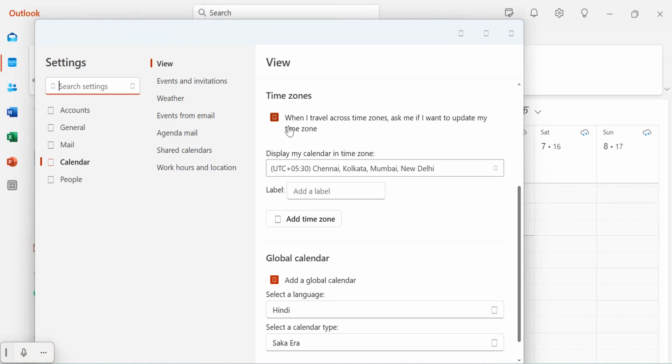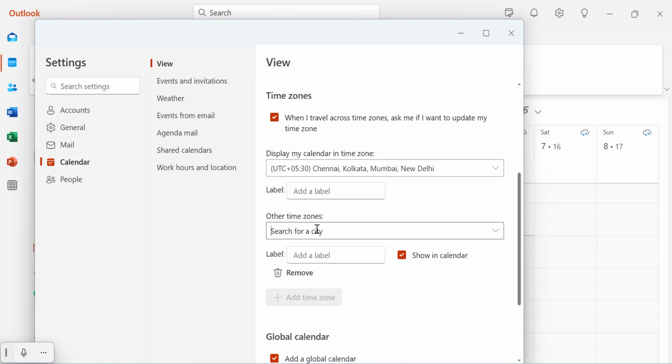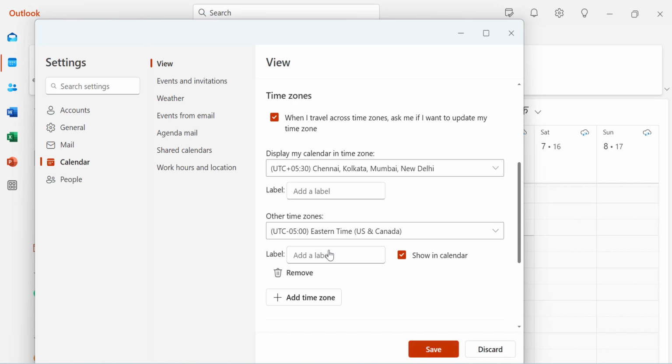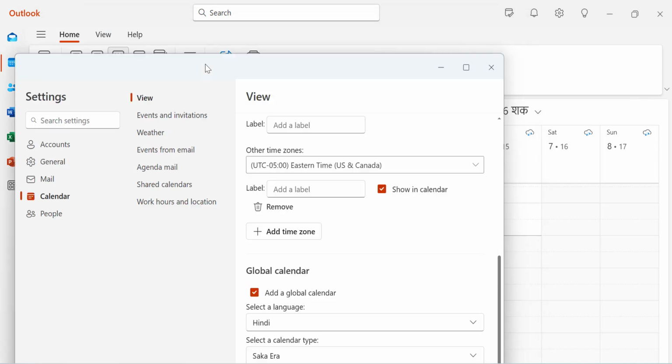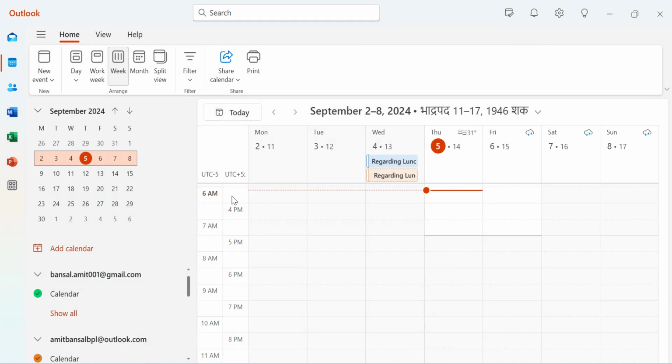You can also open settings directly from Outlook from this gear symbol and choose calendar here. Currently only one time zone is added, so you can simply click on add time zone. For instance, I type New York, select it here. You can also remove it later on if you don't need it. Close this box and you will see your two different time zones are visible here. This way you can see multiple time zones when scheduling meetings, ensuring you are always booking at a convenient